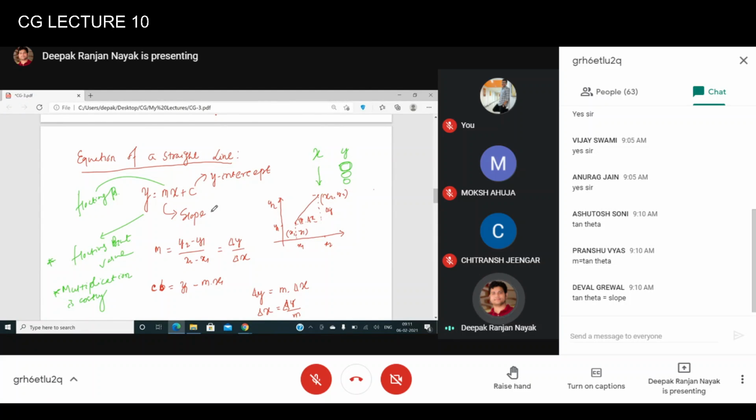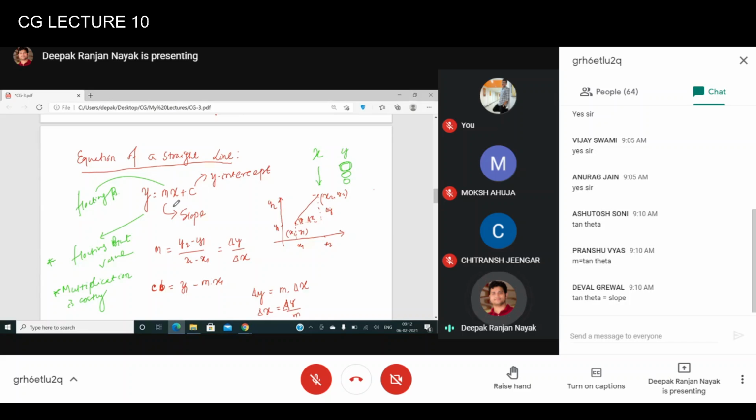So the idea here is, if you look at the equation once again, to calculate any y value we require three different things. One is m x plus c. Let's say m is given to us and c is given to us, fine. And we all know that slope will be a floating point value because it is nothing but the ratio of the y difference and the x difference. Although this difference will be an integer value, here also the difference will be an integer value because these are all positive coordinate values, right? But the ratio will definitely be a floating point value, a real number.